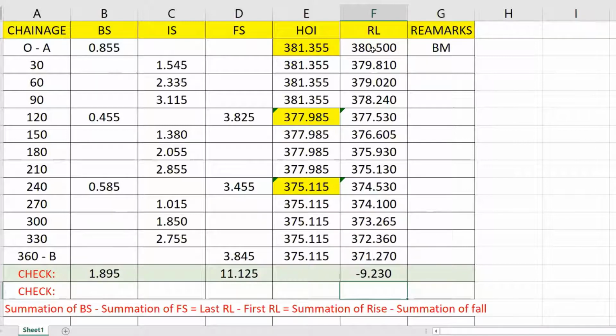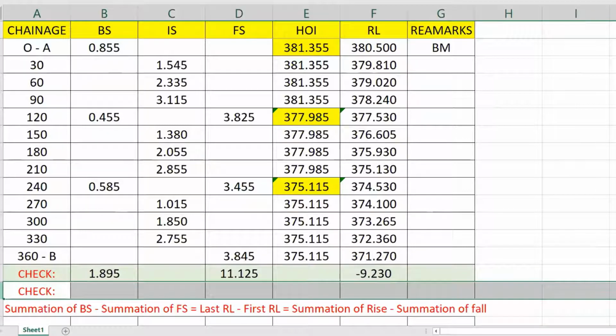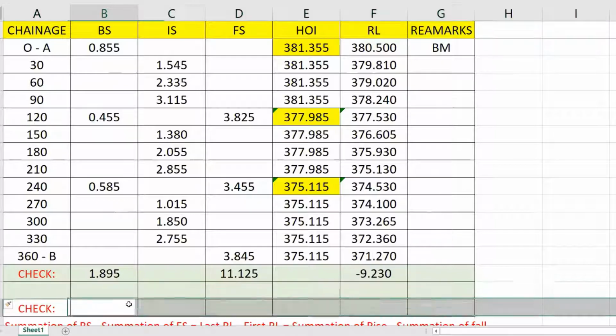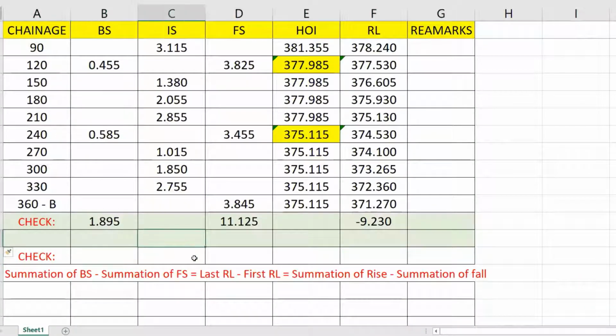So I've got minus 2.213. On the left hand side also I should be able to get summation of backsight minus summation of foresight. So it says the calculation you have done is absolutely correct.